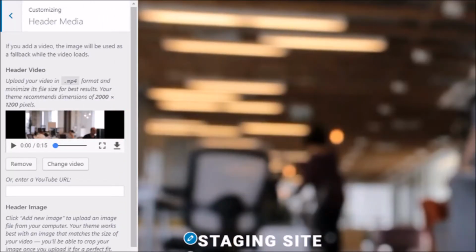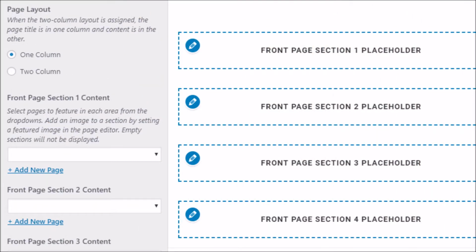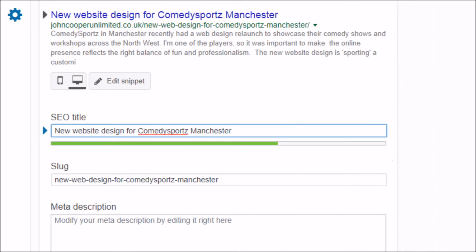I really like the 2017 theme and how you can use it as a base for a really good website. The fact that it supports MP4 video in its header and the way it splits the homepage sections up is really cool, and that combined with the search engine optimization of Yoast, which is user friendly, is really good and